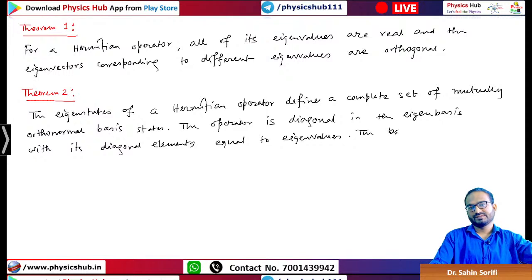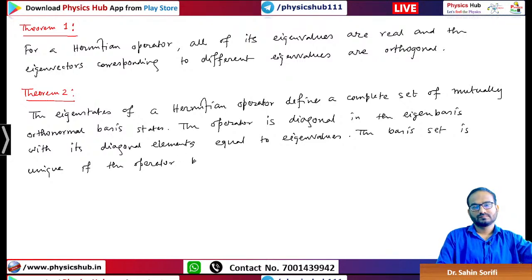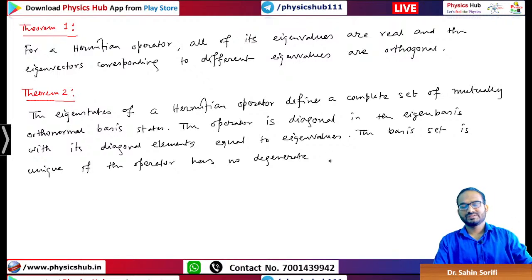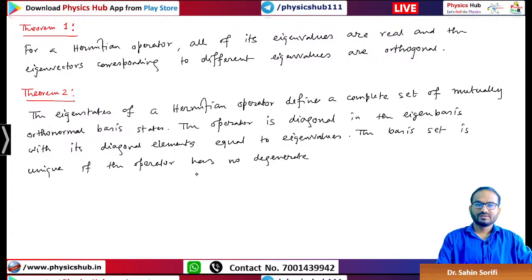The basis set is unique if the operator has no degenerate eigenvalues. Degenerate means equal. Okay, let's say 1 1 2. So 1 is a degenerate eigenvalue. 2 2 3, 2 is a degenerate eigenvalue. 5 1 5, so 5 is a degenerate eigenvalue. If the operator has no degenerate eigenvalues